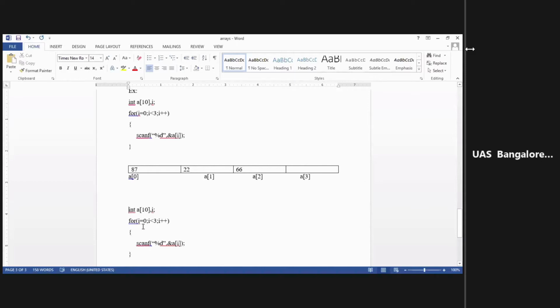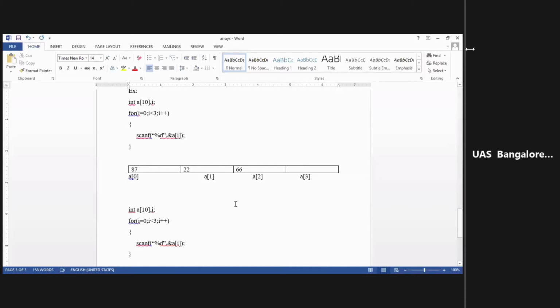For i is equal to 0, i is lesser than 3, i plus plus, this is a for loop. This for loop is because you need to display the elements consecutively, right? Under the same name you have to store multiple elements.